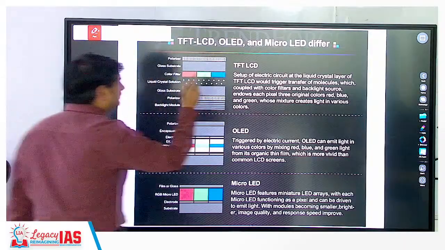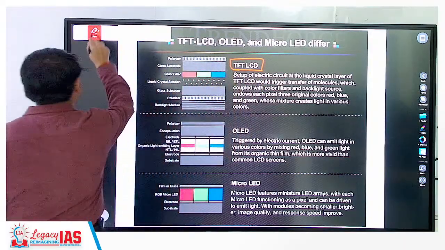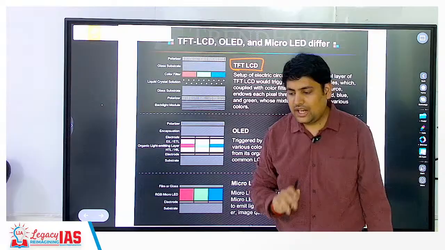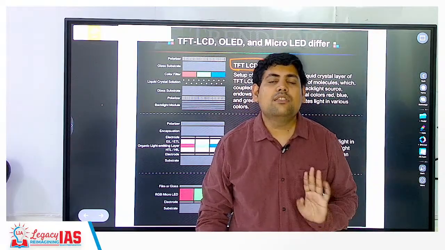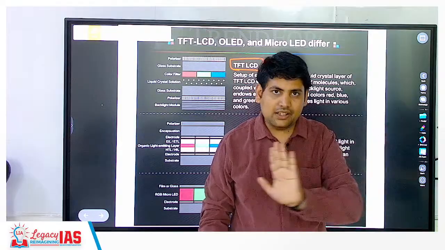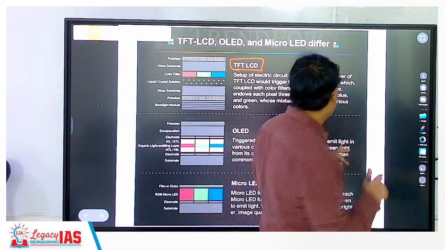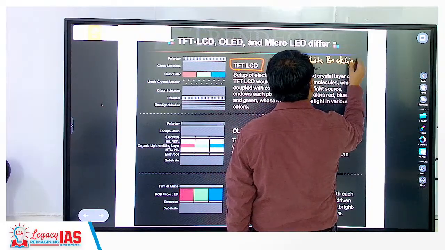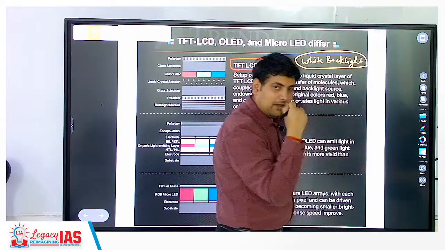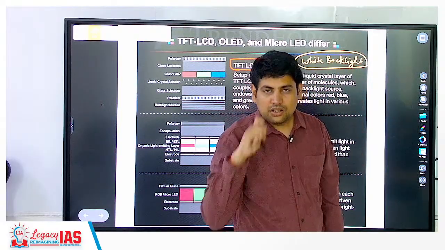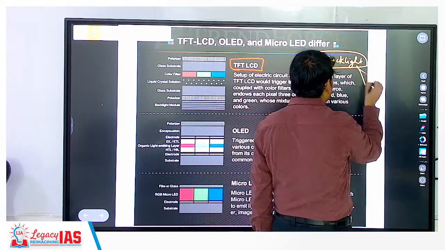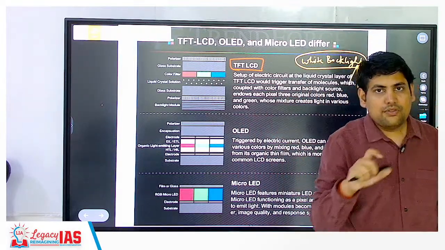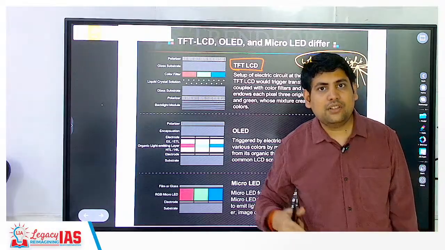So the first thing is LCD. How does LCD work? I'll explain it to you in very simple terms. LCD works because of a strong white backlight that it has. This white backlight is then divided into its constituent parts, the different colors, using a polarizer. Now, once it is bifurcated into its different colors, then